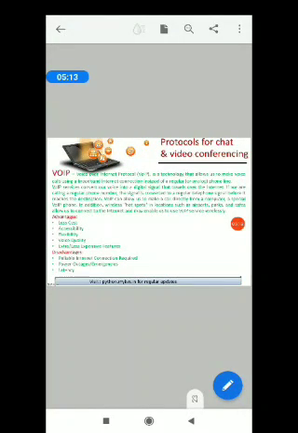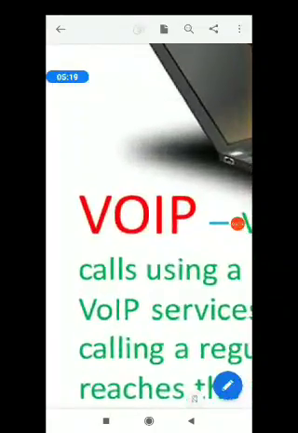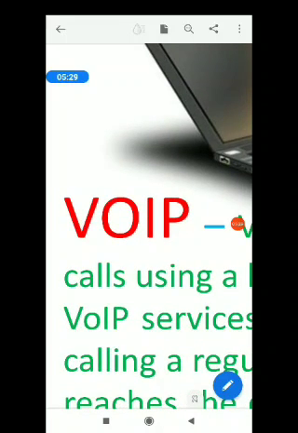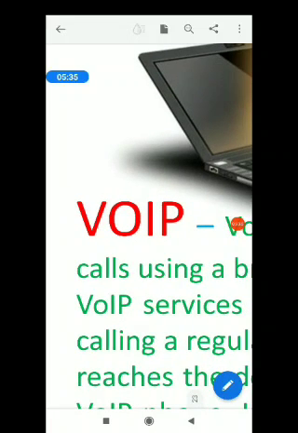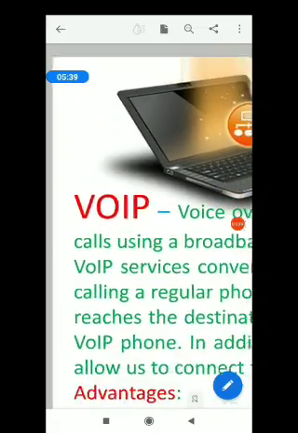Proceeding to the next one. One protocol for chat and video conferencing is VoIP. Please note down VoIP. Please note down the full form.